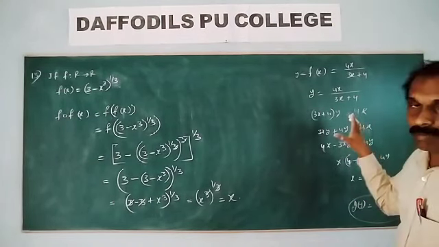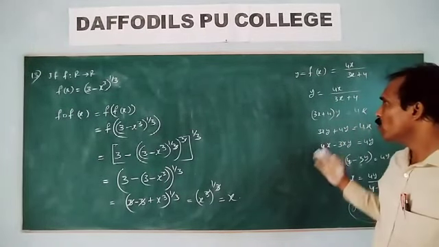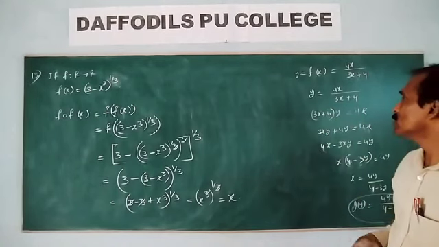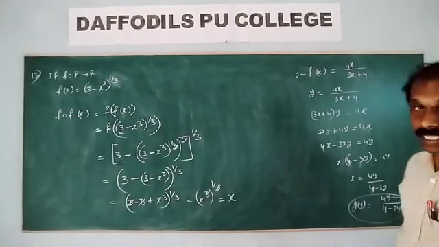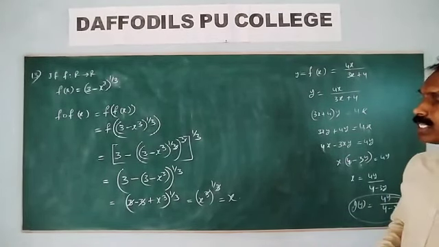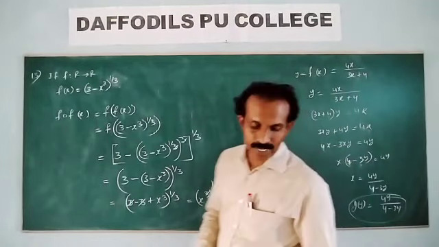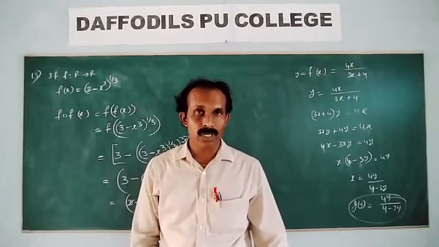But sometimes there will be 5 marks also. This is also an important question. 14th problem for 5 marks, we will discuss tomorrow in the next class. So this is the direct answer g of y, the second option, 4y by 4 minus 3y. For a 5 marks question it is the same process: g circle f, f circle g, and find f equals like that. Okay, students, we continue our remaining problems in the next class.